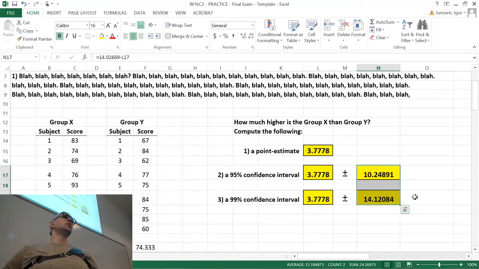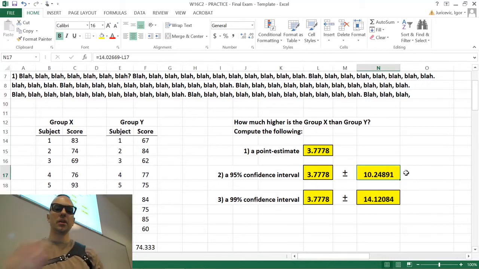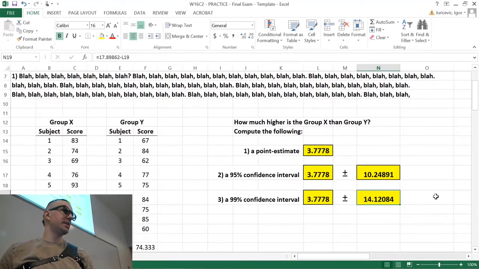last little check that you can give, just to give you, again, extra confidence that you've calculated things correctly, that nothing has gone really wrong. The bigger your confidence level, the higher your confidence level, the bigger your interval should be. So when I take a look at this, I see that my interval for 95% confidence is plus or minus 10. For 99% confidence, it's plus or minus 14. That makes sense. 99% confidence is a bigger interval than 95, so that's an indication that that was done correctly. So that's for